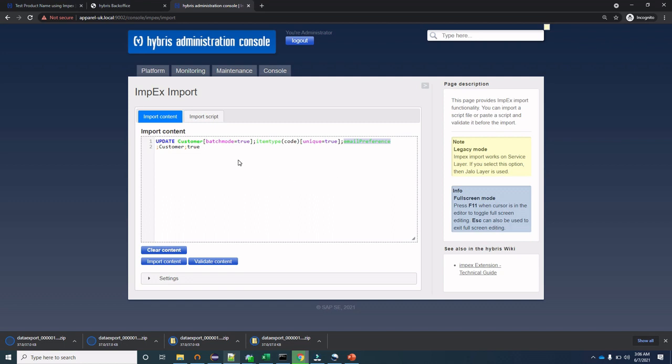So the value for all the customers, the email preference value, should be true. So use batchmode equal to true whenever you want to do the operation in bulk.